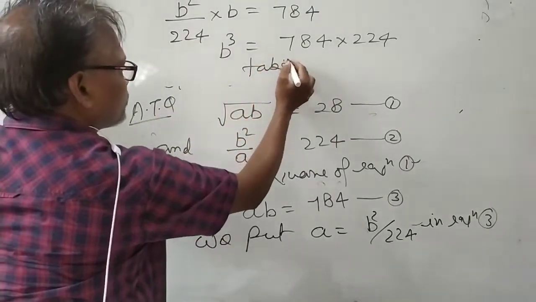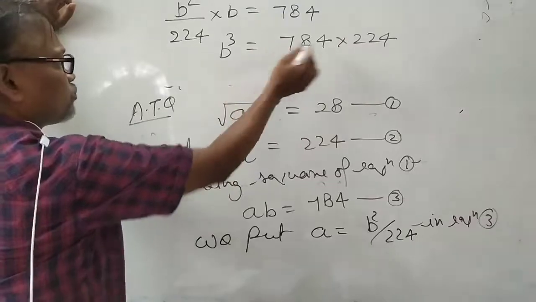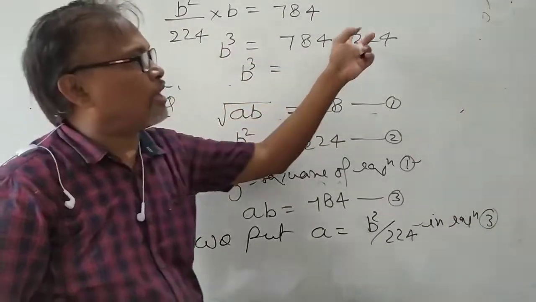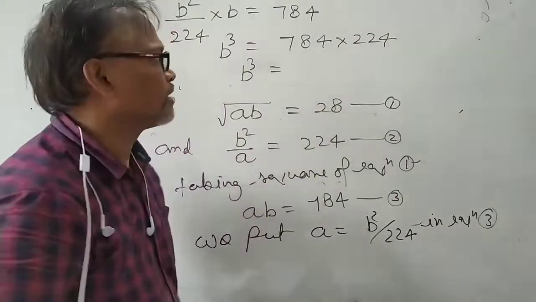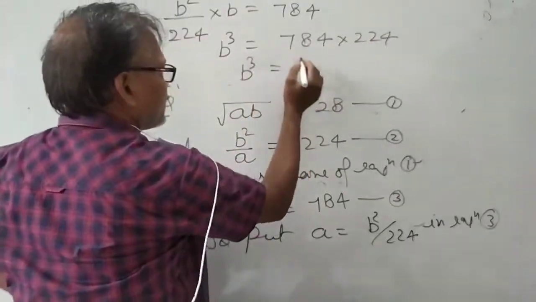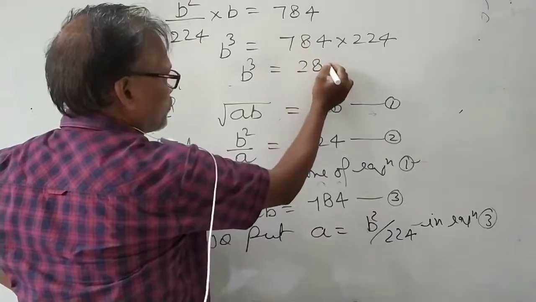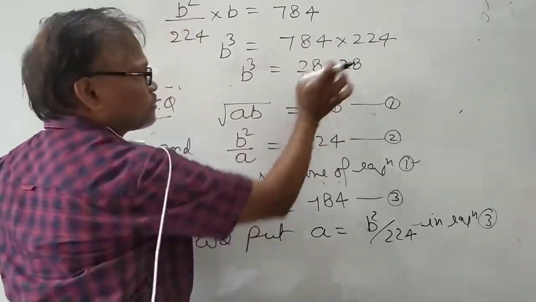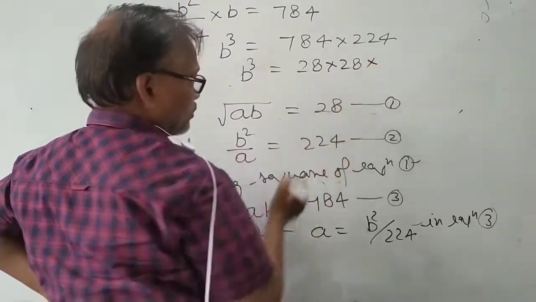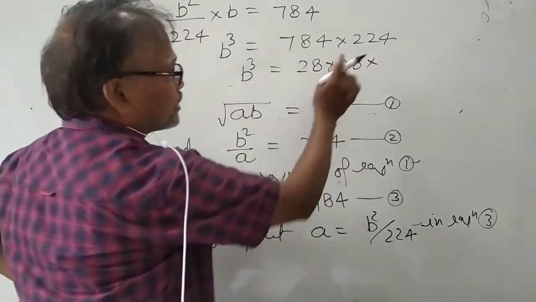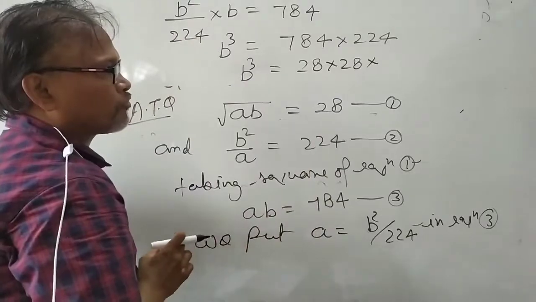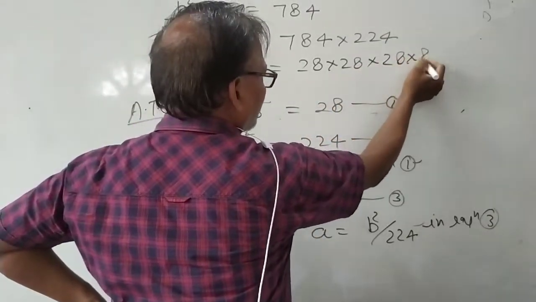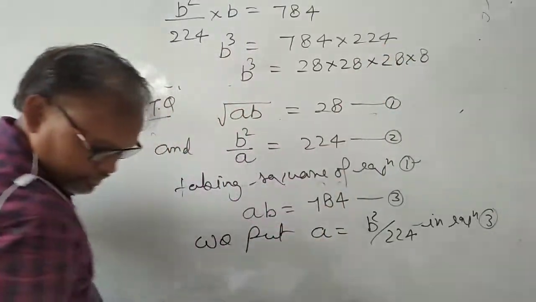Can you take the cube root? या अभी नहीं, पहले इसको सिंप्लीफाई करें. If it is b cube, it must be the cube of any number. तो अब ये क्यूब है कि नहीं ये पता कैसे करेंगे? This is the square of 28. अगर इसमें 28 आ जाता है तो ये क्यूब बन सकता है. तो it is the multiplication of two numbers 28 and 8. 28 और 8 को जब मल्टीप्लाई करेंगे तो ये आएगा. ओके,